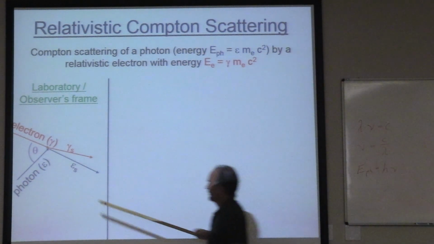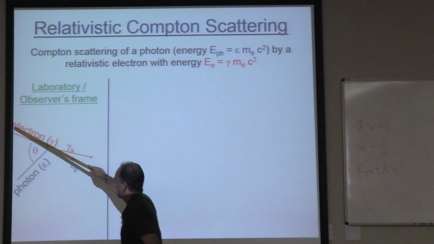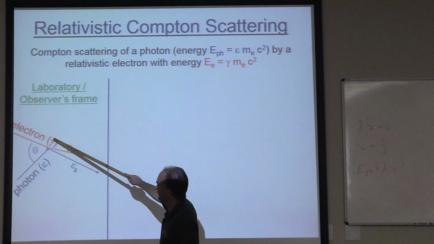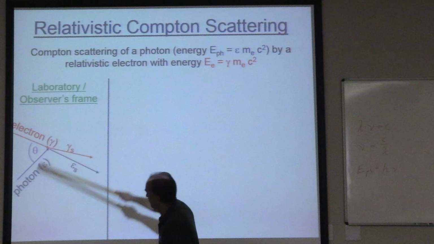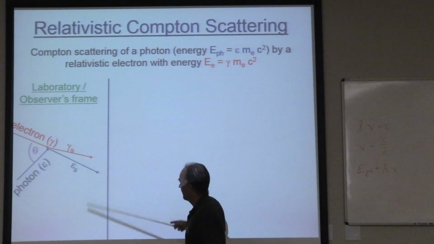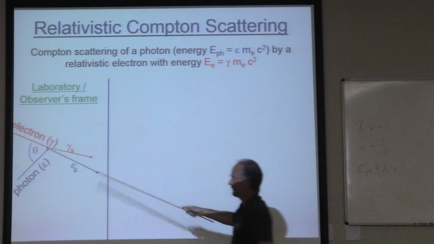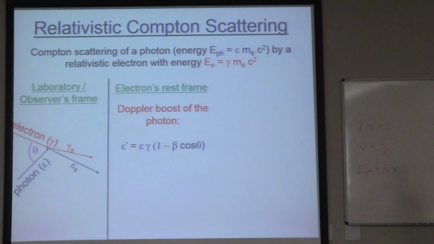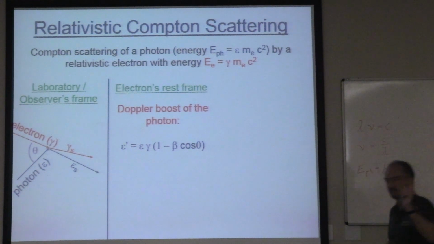So here we start out now with an electron that's not at rest, but moving at high speed, at high Lorentz factor, almost with the speed of light, and it bounces off some photon. The electron goes out somewhere and the photon is scattered to some energy. We don't know what that gives us, but we know what happens in the electron rest frame, right? But to go into the electron rest frame,